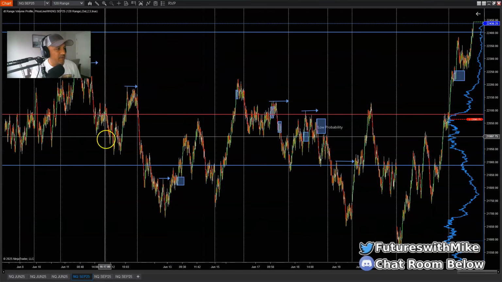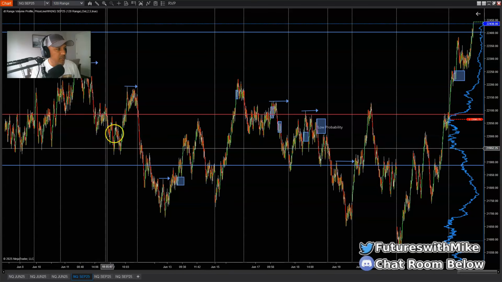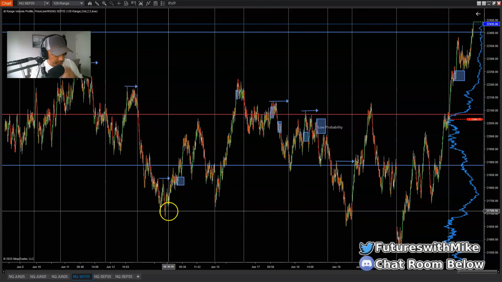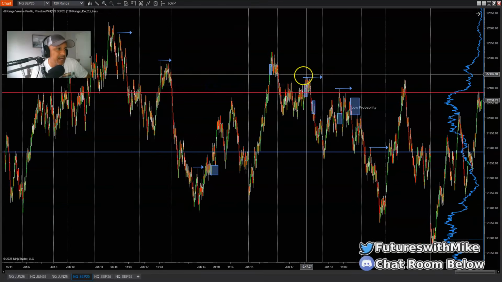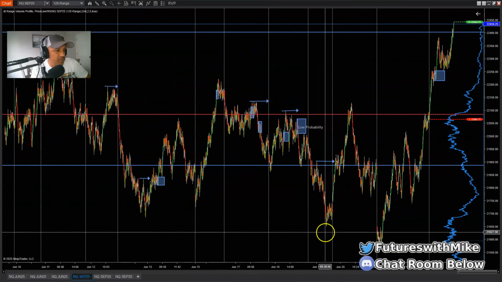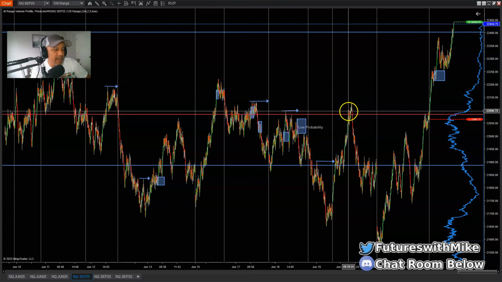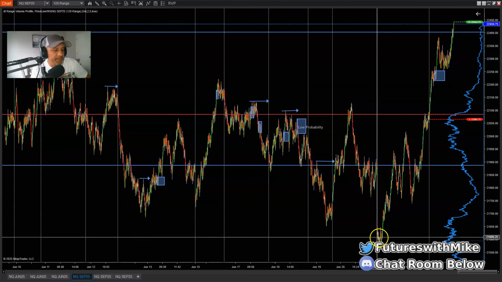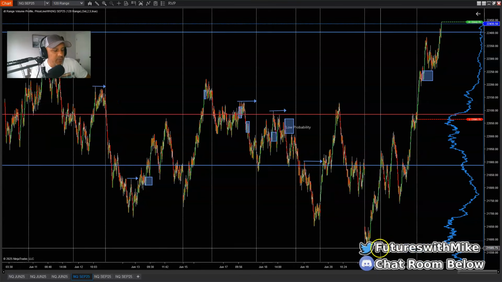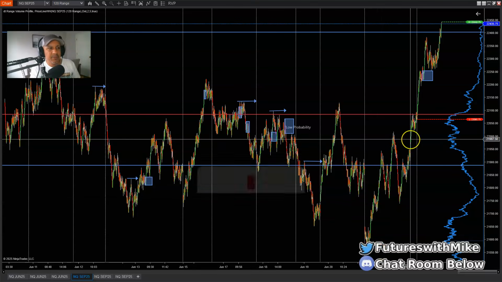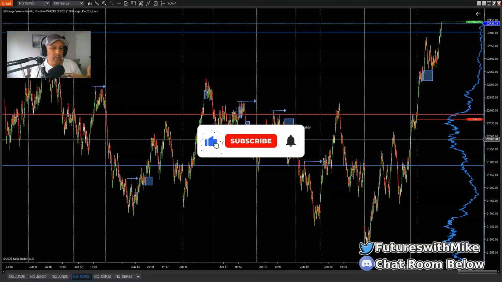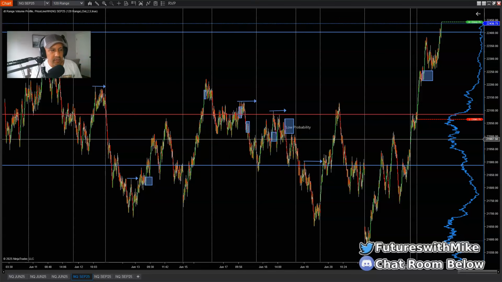On June 11th, we started moving to the downside. Lower highs, lower lows. Nice push or retracement back to the upside, but we never took out this high. And then we did what? We broke structure lower. Came back, pulled back or retraced, broke structure again. Now, this was a turning point, which was yesterday, when the market flipped from being bearish back to bullish to the upside. When we are breaking structure higher, making higher highs and higher lows, I'm only interested in going